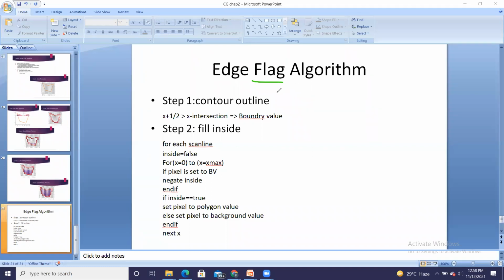Okay, so I will tell you the meaning of flag: it can hold maximum 2 values like a binary number. Binary number has only 2 values, 0 or 1. In the same manner, in the edge flag algorithm also, a flag is set and it has only 2 values, true and false.